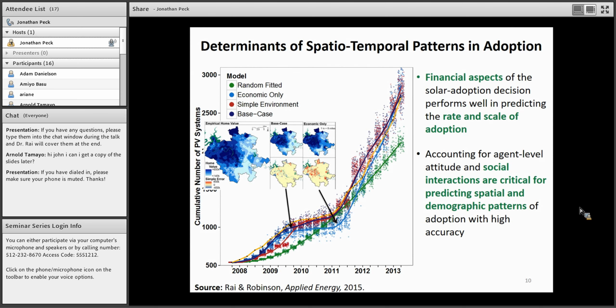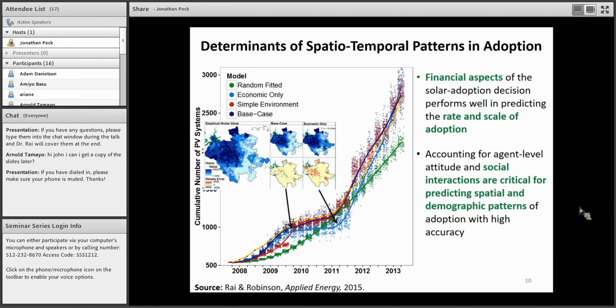One of them is the light blue, and it's the economic only scenario. And the second curve that we should focus on is the dark blue, which is the base case scenario. What's interesting about these two is that one of the models, the economic only model, focuses only on the economics of the project at the household level, whereas the base case scenario also includes social effects. So what was the impact of neighbors